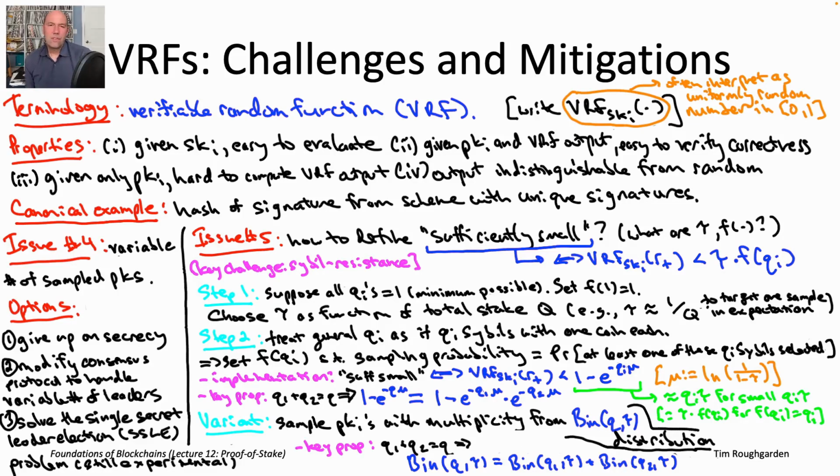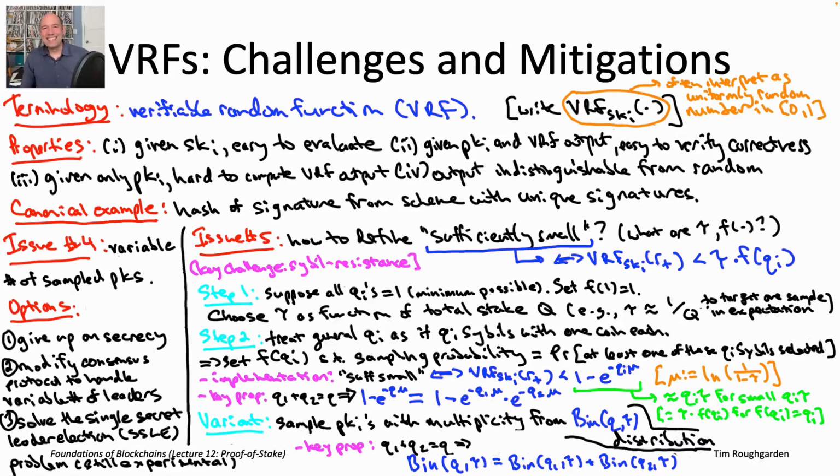So in the first version of defining sufficiently small, right, we had sort of the conceptual discussion from which Sybil resistance was conceptually clear. Then I gave you kind of the slick implementation, which would be relatively straightforward to implement. So here for the variance, where you're sampling with multiplicities, we've talked through the conceptual approach, and again, why it should be sort of obvious that Sybil resistance is going to hold. Once again, there is a more slick implementation where you really just sort of evaluate a VRF and then look at sort of which interval it lies in to figure out what the multiplicity should be. I'll leave the details of that slick implementation as an exercise to the reader.